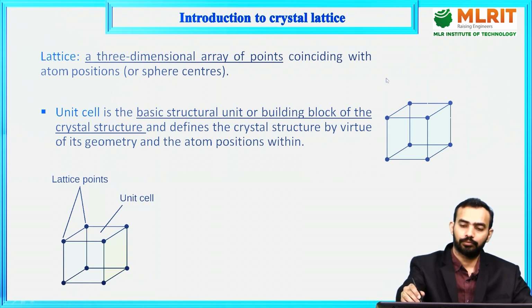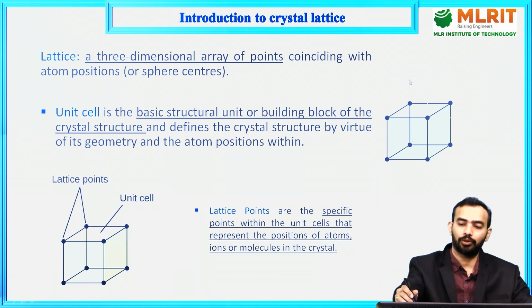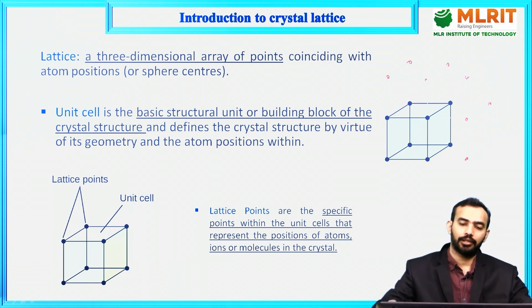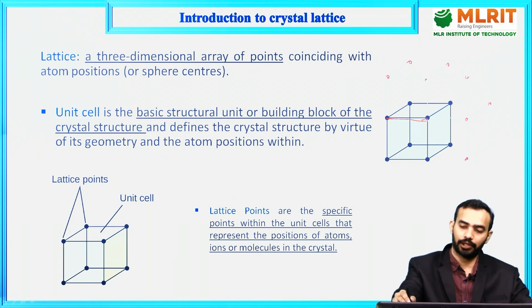Here is one more point, one more position, and one more atomic position, and similarly here, here and here. Like this, a three-dimensional array of points is called a crystal lattice. And the fundamental building block that is considered, we defined as a unit cell,